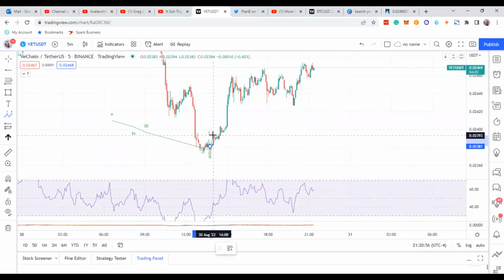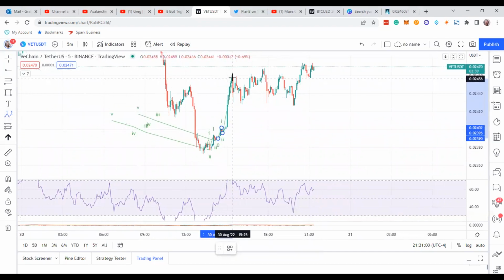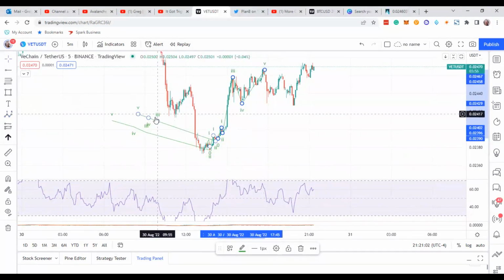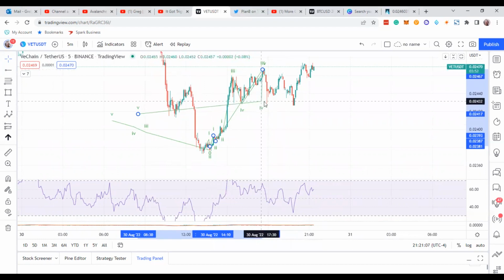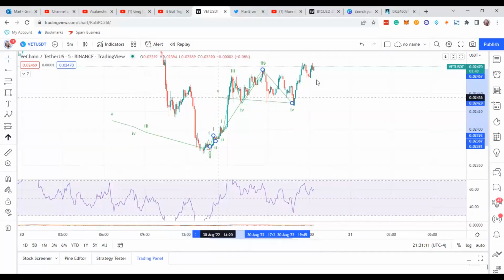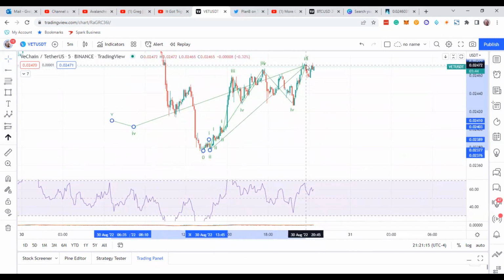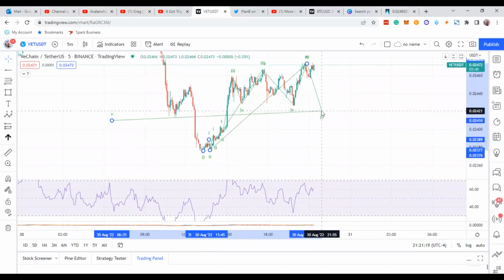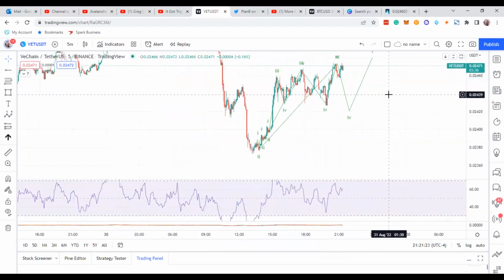Just like this, 1, 2. And then it did 1, 2, 3, 4, 5. And then you got 3, probably 4, and then a 5, and then it's got another one, 3, and then a 4. This next 4 might come way down there again, because you can see, this is one thing